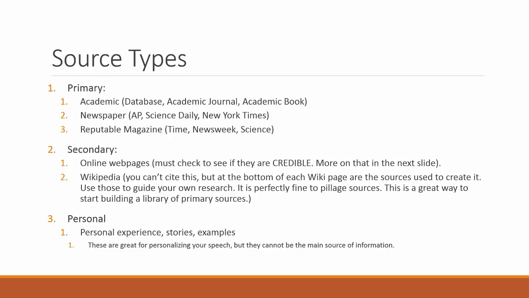What primary sources are: academic sources, newspapers, and reputable magazines. Okay, these are the 3 that you'll primarily use. So academic has a database, right, which you have access to, EBSCO, and what EBSCO does is generate other credible sources, and EBSCO will generate reputable magazines, they'll generate newspaper articles, they'll generate academic journals, and also your library has a list of academic books that are available online. You can find a chapter usually on what you're talking about. Newspaper.